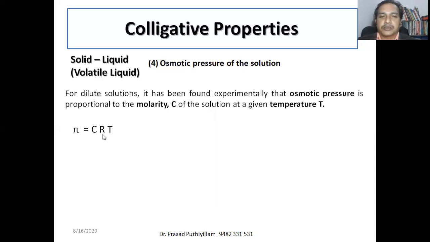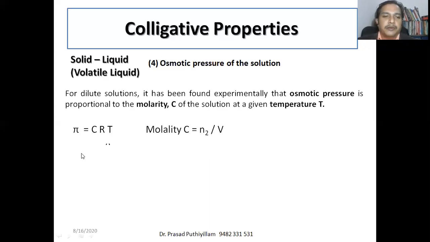R is the gas constant. It should be molarity; we know that this is a typing mistake here. Molarity C is equal to N2 divided by V, where N2 is the number of moles of solute per liter of solution. That is the definition of molarity. Sometimes the value of volume will not be given in liters, and we have to convert it into liters. Therefore only V is written here. V represents the volume, so C is N2 divided by V.